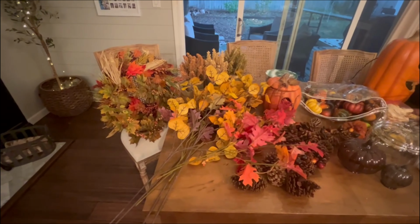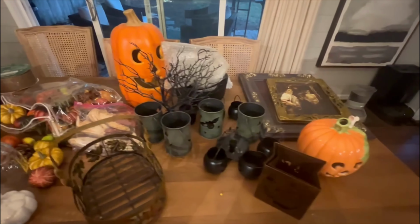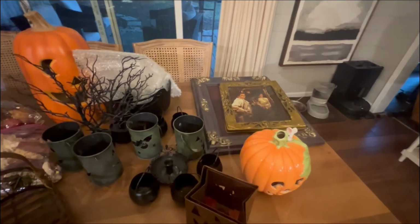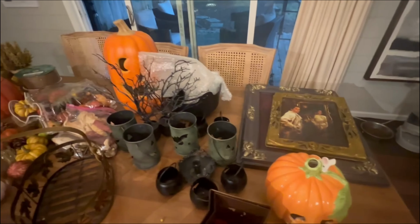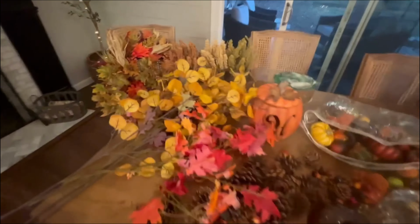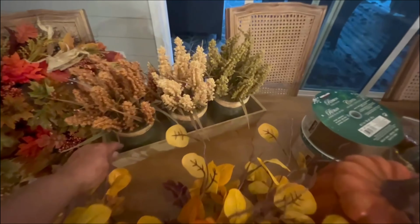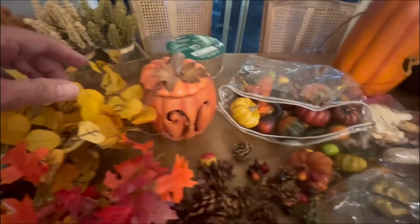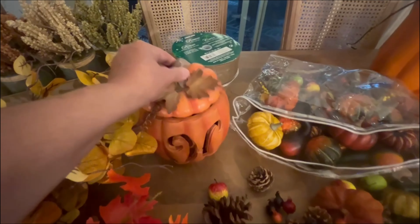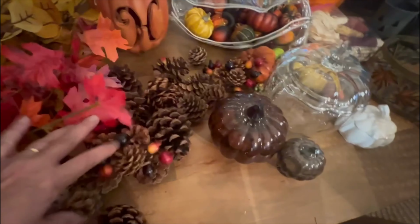Scary. So this is the extent of the fall decor that I brought up from downstairs. And all of this part is for Halloween, so that can wait for now. For fall, I have a couple of wreaths, stems, this is cute. I can use this. Got some pine cones, some pumpkins and gourds,